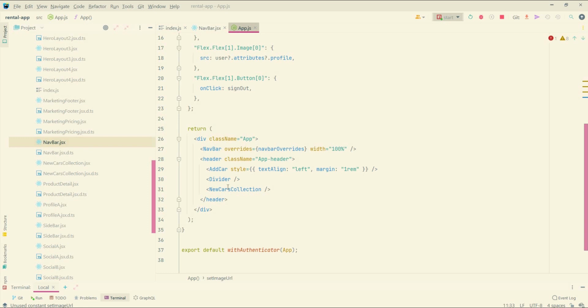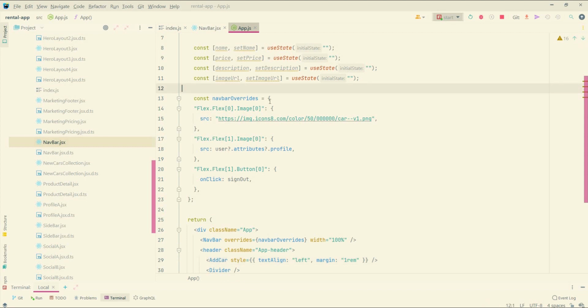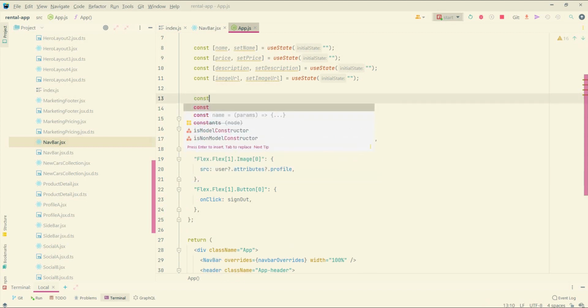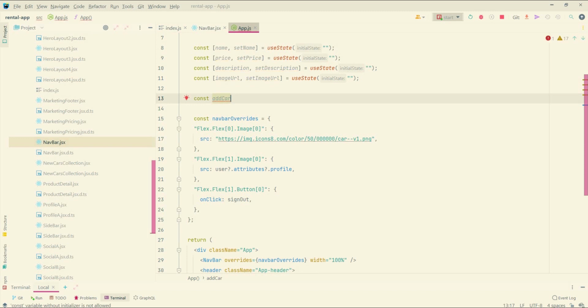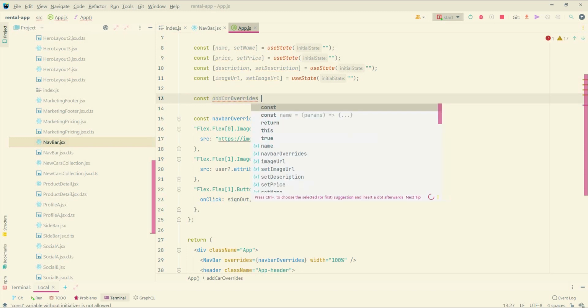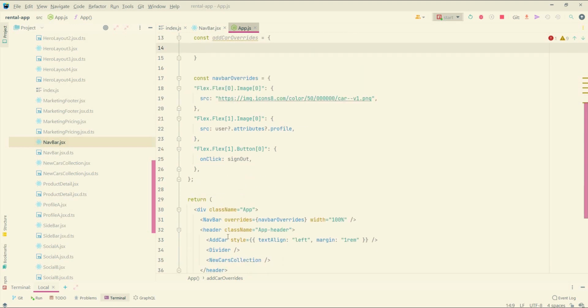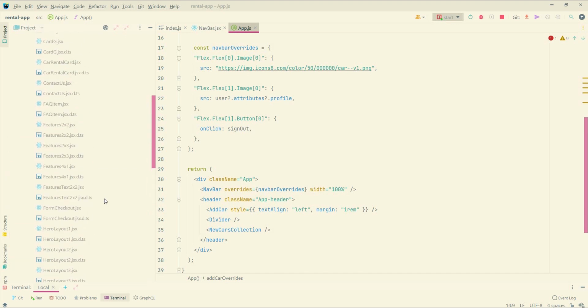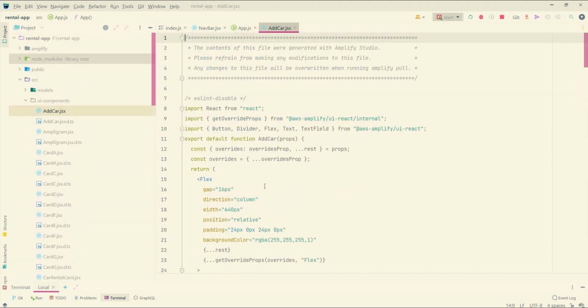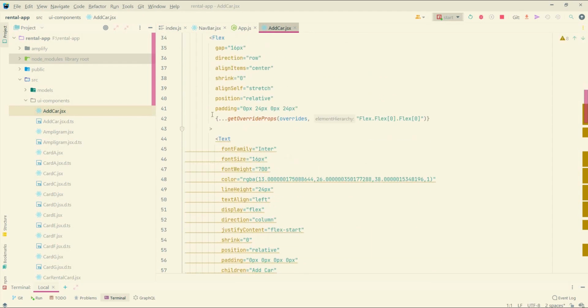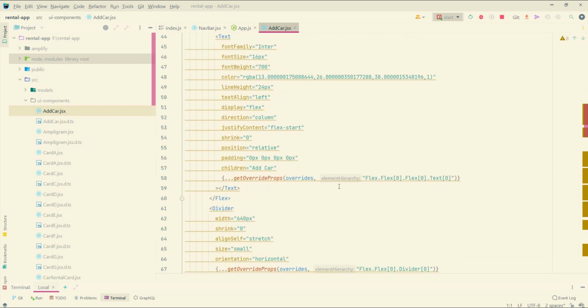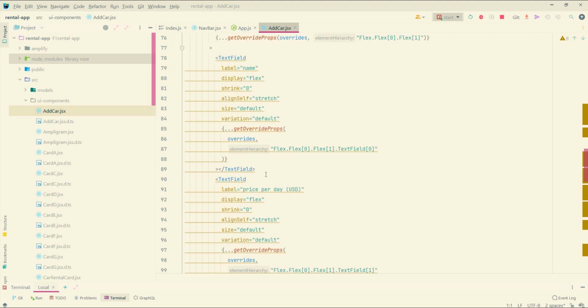Now how can we access those text elements from here? Yeah, we can pass in an overrides object to our add car component. So const add car overrides, and this should be a JavaScript object. Now if you go to our add car component up here, like what we did earlier, we can use these key elements to override an onChange listener for each text field. So let's just copy this key,